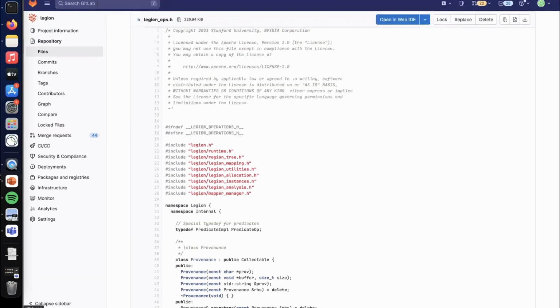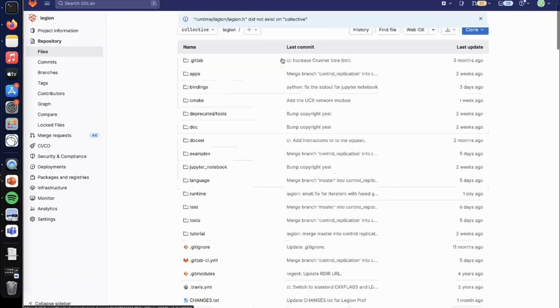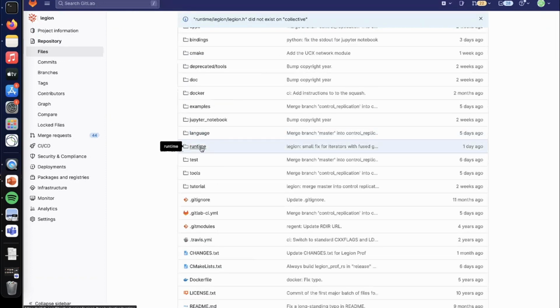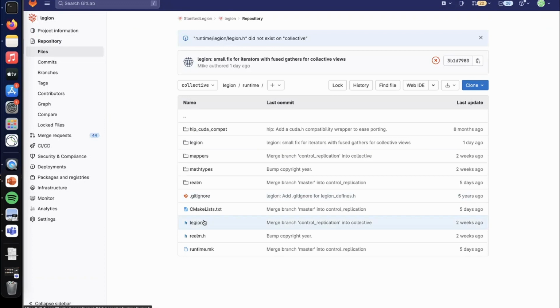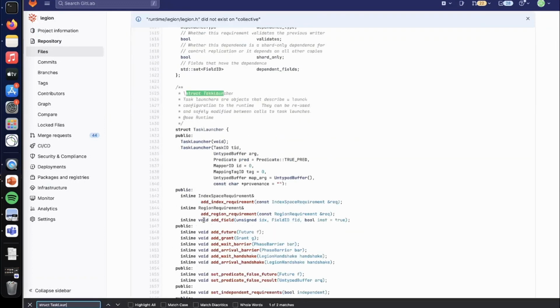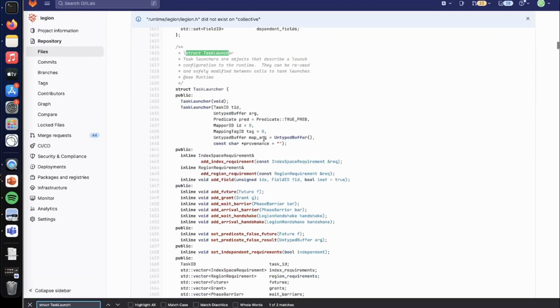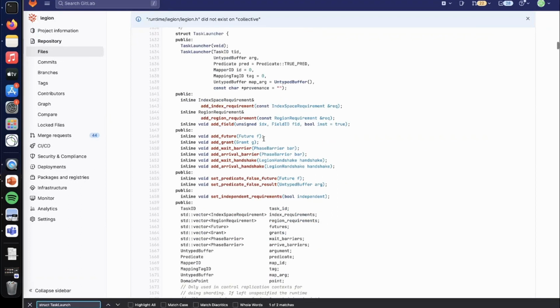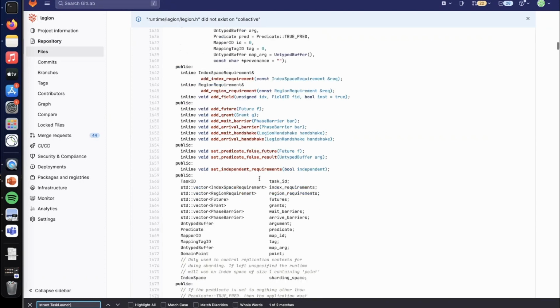Okay, so let's start with the Legion API. How do we launch a task? If I go to the Legion header file, the way you launch a task is you make one of these task launcher structs in your application code. You configure it with your task ID, any predication, the name of the mapper you want to use. You add a bunch of region requirements and futures and other stuff, and so you populate this whole structure with the configuration of the task that you want to launch. And then you call this method